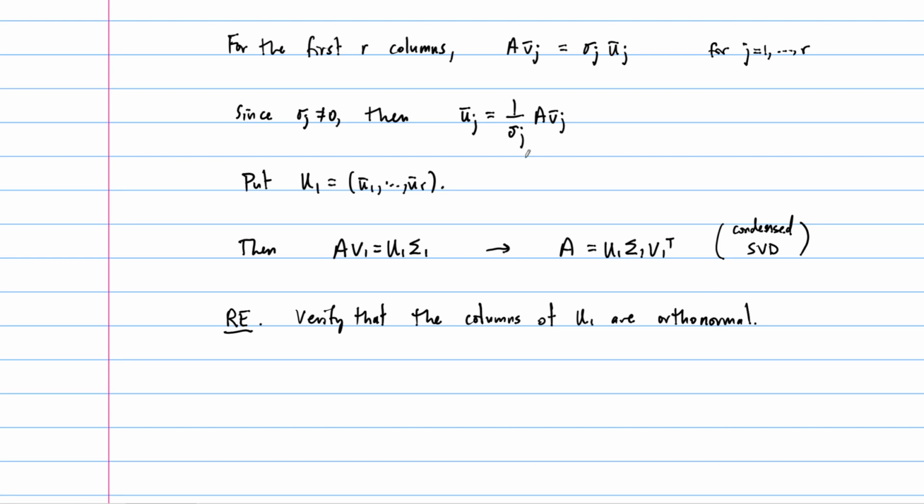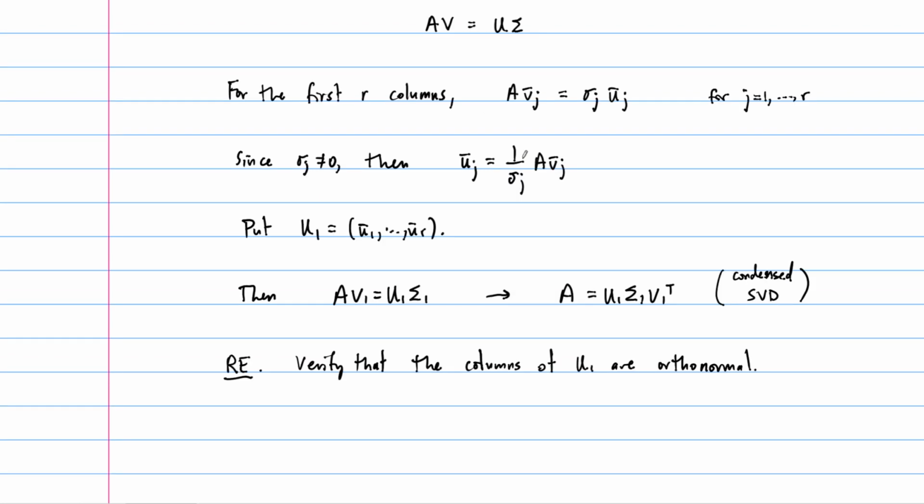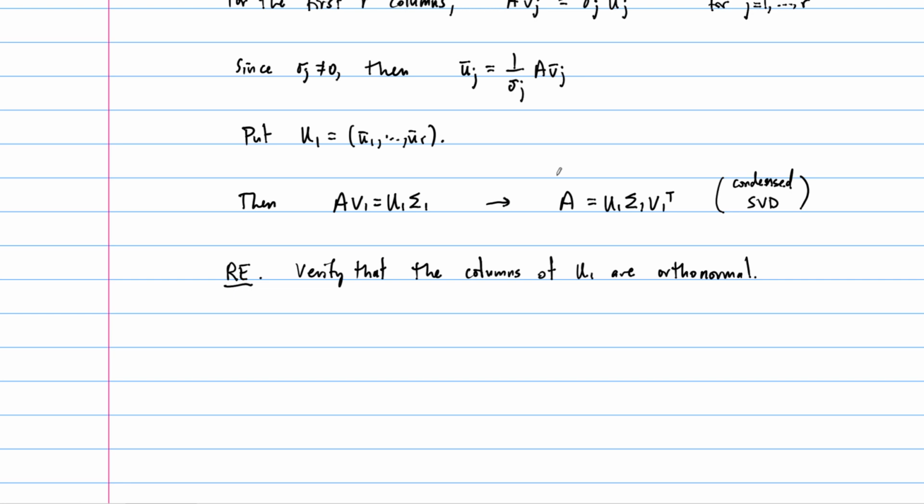Now, what about the rest of the columns of U? Notice that the way these are defined, each of the columns of U that we've defined so far, U1 through UR, live in the column space of A, because they're A times something. So they live in the column space of A. So let's write that down. Since each of the uj that we found so far are in the column space of A, for j equals 1 through r,